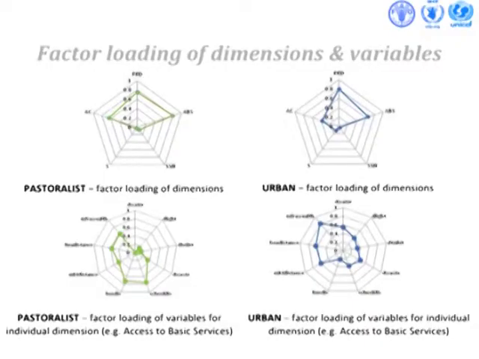What we understood beneath the indexes is how each pillar contributes to the index. So, for example, the 5 points of the radar are the 5 pillars, and you can see, if you compare on the left the pastoralist radar, how their index was made up, with the right, how the urban one was made up. It's fairly similar. And then coming down underneath, there were livelihoods that were more different, but if you come down underneath, that's where it gets interesting. You break apart a pillar into which variables made the bigger difference.